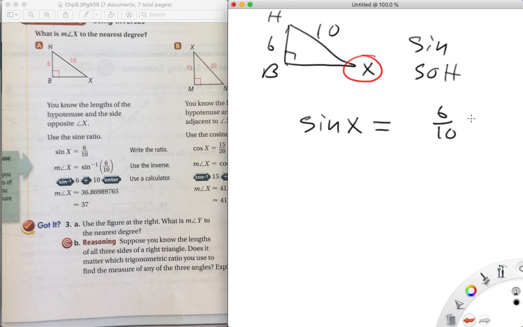I don't really care about simplifying the fraction. It doesn't really matter, but I know for some people it bothers them. So if you feel the need to simplify and make it 3/5, feel free. But that doesn't help me, right? That just helped me find the ratio. I want the angle. And what I do is I take the inverse